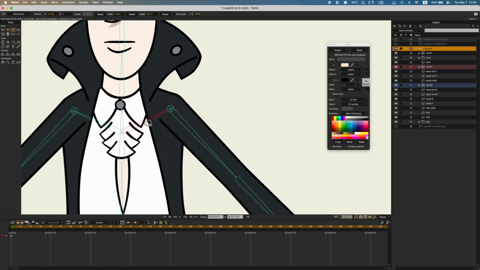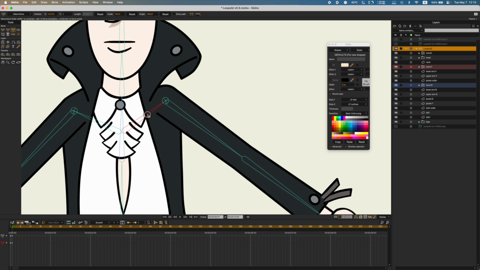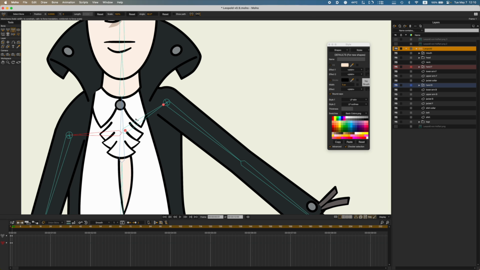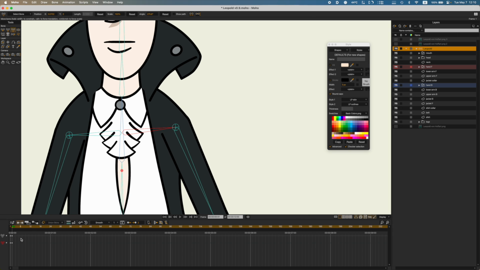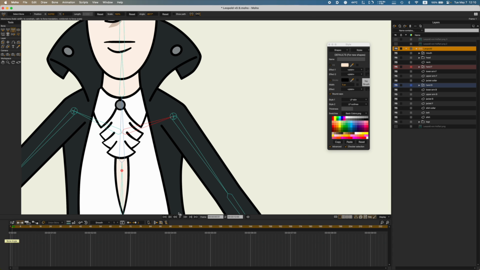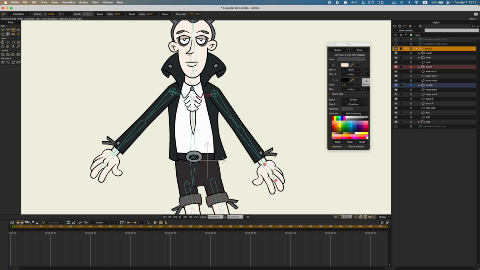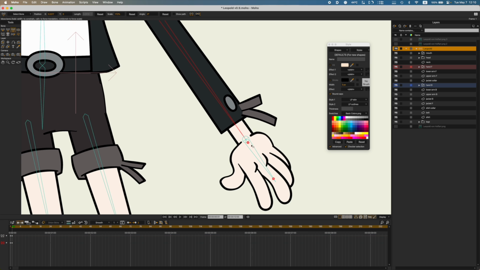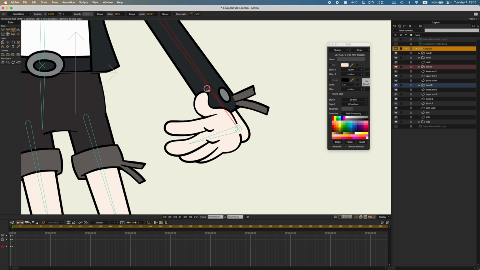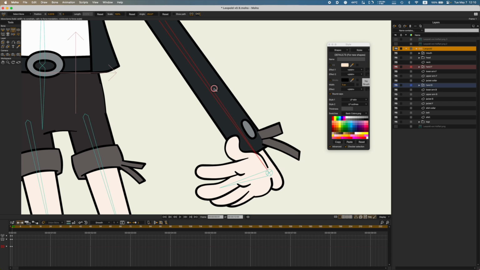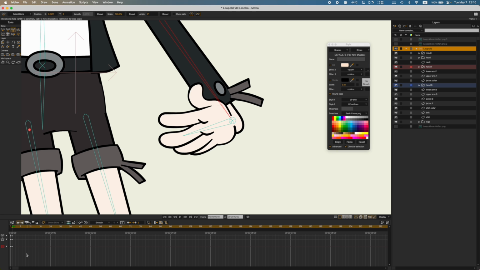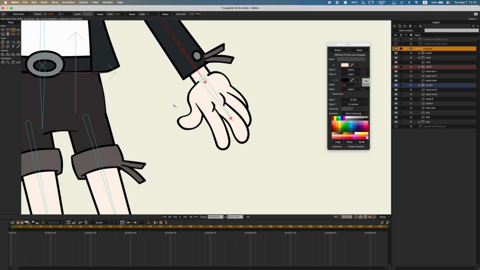Maybe a little bit of going up and down. If he shrugs the shoulders, you know, I don't know. Yeah, that works. For most intents and purposes, this does work. Going to do the same for the wrist here, because if I'm scaling this and I move it, as you can see, the stuff goes out of whack. It's just really weird. So in this case, we want to make sure that